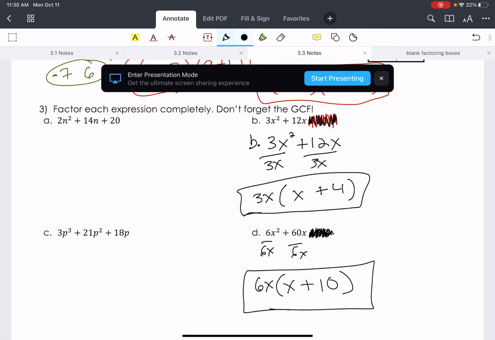And again, I don't have to, hey guys, are you listening? I'm almost done. Okay, and again, I don't have to do the box because taking out that GCF, putting it into its parentheses, got rid of the squared for me, so I'm done. Okay? How are we doing? Okay, so couple